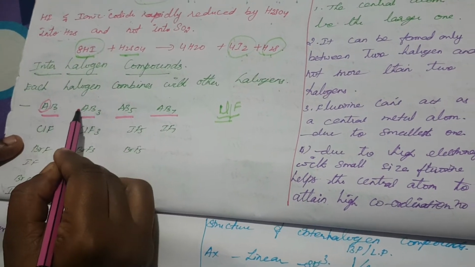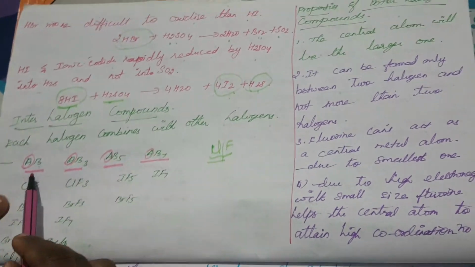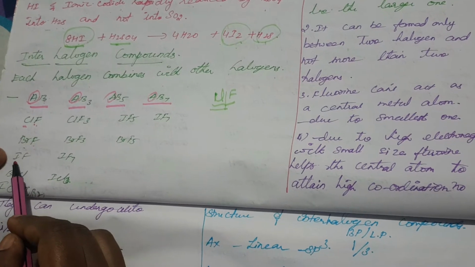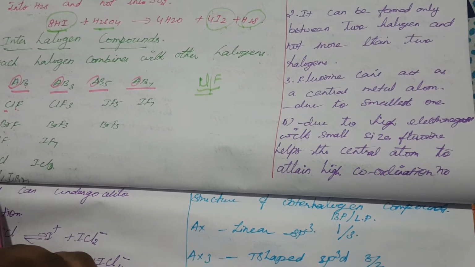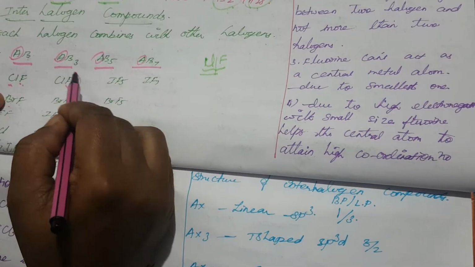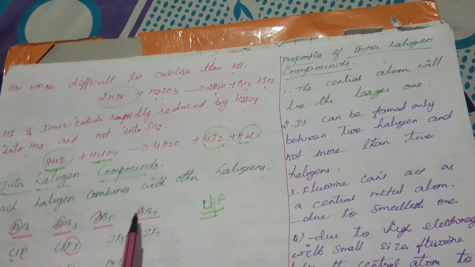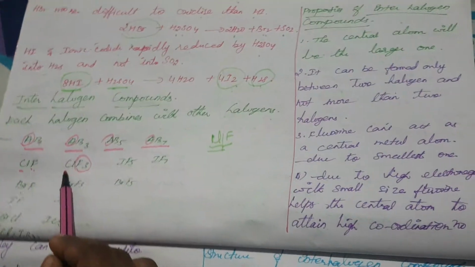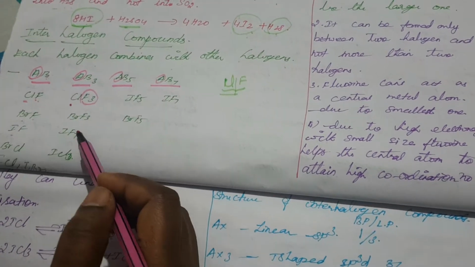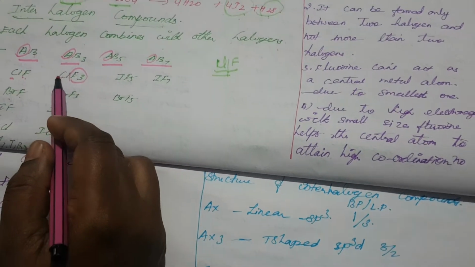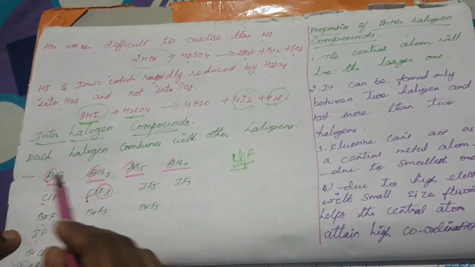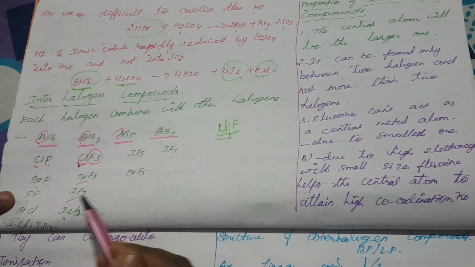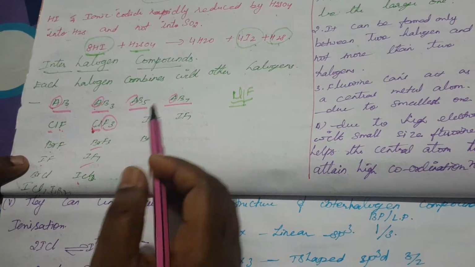What is AB? A is the central atom, and B is the combining atom. So here chlorine fluoride, bromine fluoride, iodine fluoride, bromine chloride, iodine chloride, iodine bromide. AB3 means for example ClF3. Among all these types of interhalogen compounds, fluorine does not come as the first atom, because fluorine is small in size and does not act as a central atom. Likewise with chlorine and bromine, no fluorine comes as the first atom, the central atom.